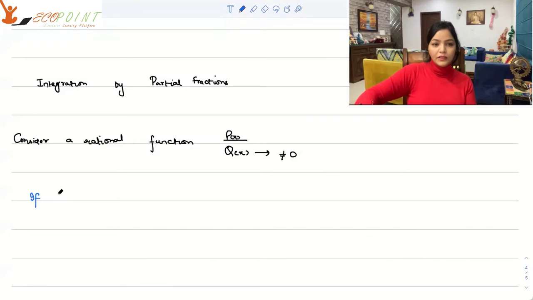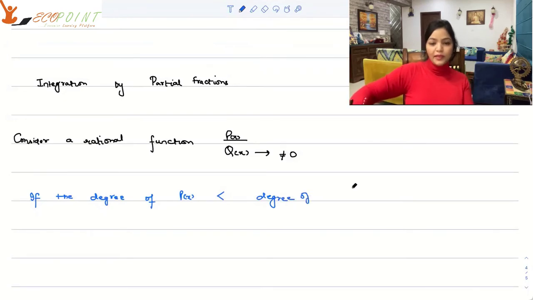Every polynomial is of some degree, so if the degree of P(x) is less than the degree of Q(x),